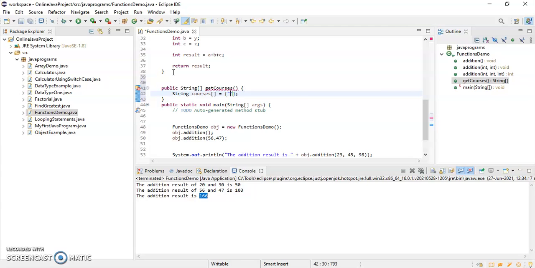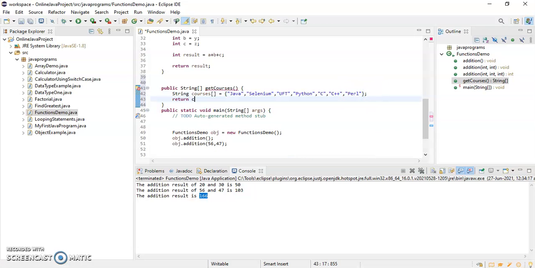Say for example, Java, and then I have Selenium, then UFT, Python, C, C++, Perl. Okay, so these are course names. Okay, I'm just returning it, so I just have to write return courses. Okay, so now this function is going to return one string array.